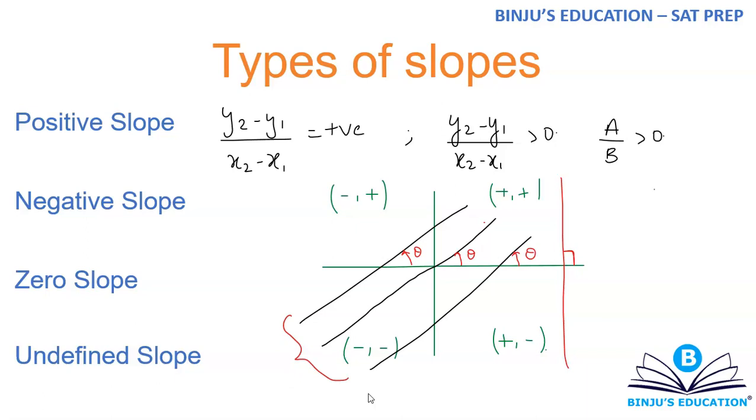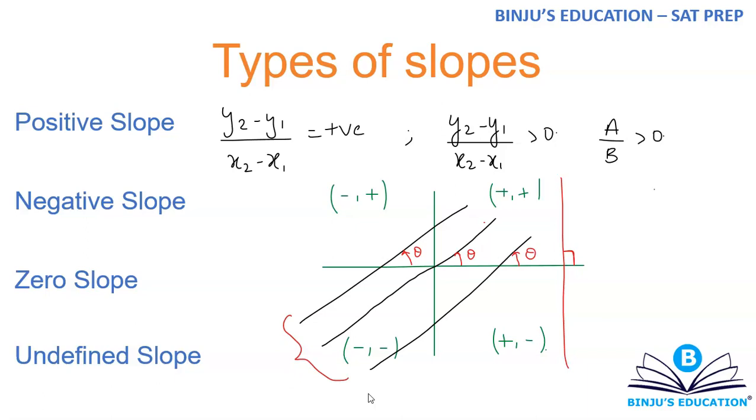Now let me give you this one statement which is very important. Remember that whenever you draw a line in a coordinate plane, a line can either pass through two quadrants, or a line can pass through three quadrants. It will never ever happen that the line is passing through all the four quadrants, no matter what type of line you may draw. It doesn't matter.